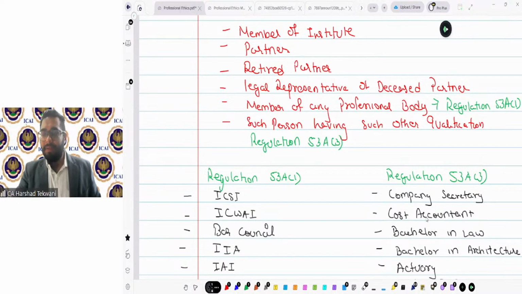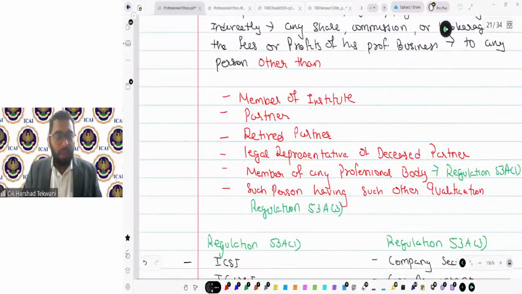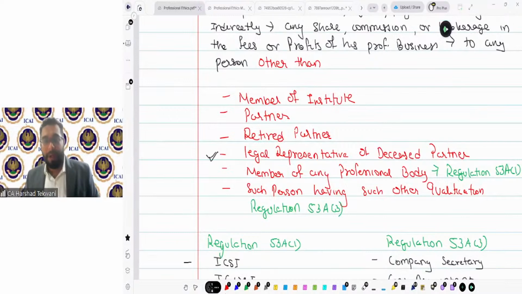Now, other than this, there is treatment of goodwill. That is again in case of a dissolution of the firm, or if there is a death of a partner, then how that amount is required to be paid, because we have included this particular point: legal representative of a deceased partner. Now, when a partner dies, how is the share required to be paid to that partner, and what are the requirements that we need to understand.